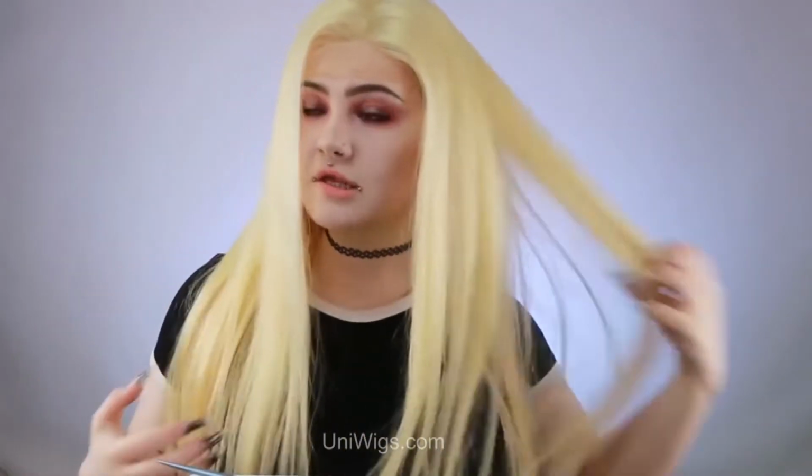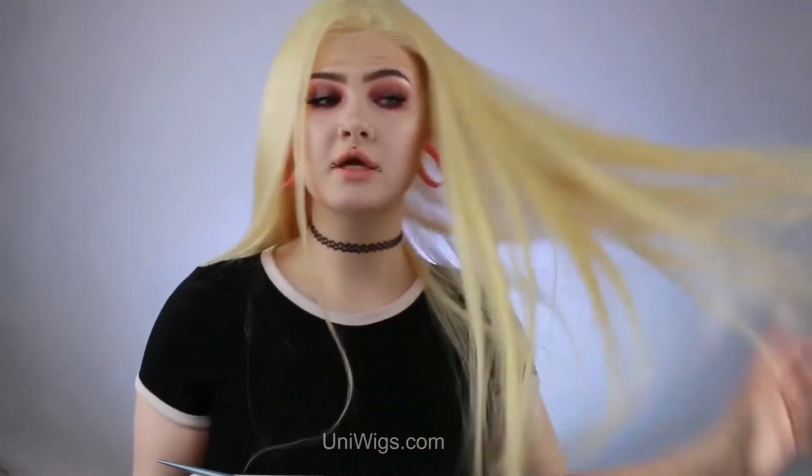This is so much nicer than dealing with a synthetic wig, because I feel like I tangle synthetic wigs in like 2 seconds, but these ones are just like